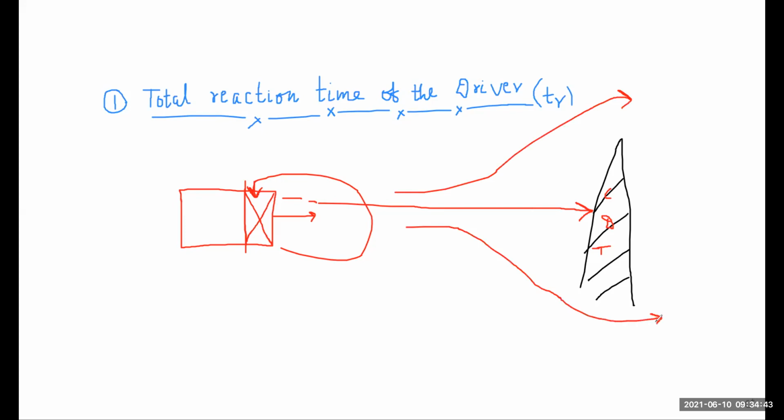So basically, we know in a stopping sight distance we have no option to bypass or overtake this obstacle. So basically he has to apply the brake. So he takes some time. During the time taken, he moves a certain distance. So basically he moves from here to here. And then here his vehicle is moving with a certain velocity.